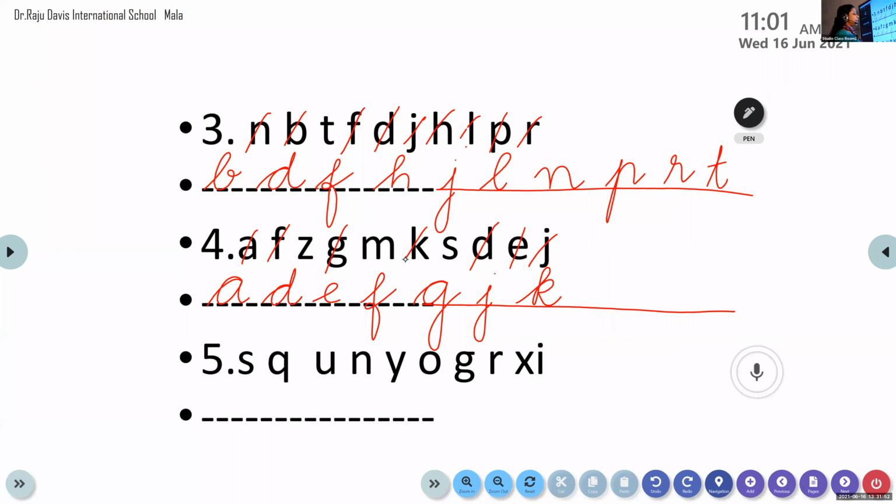Strike away the K and then you write it there. K. Then still more letters are there. So what we have to do? K, J, K, L, M. Okay, so L is not there, M is there. So please see that you write the name, M. Then only 2 more letters are missing there.